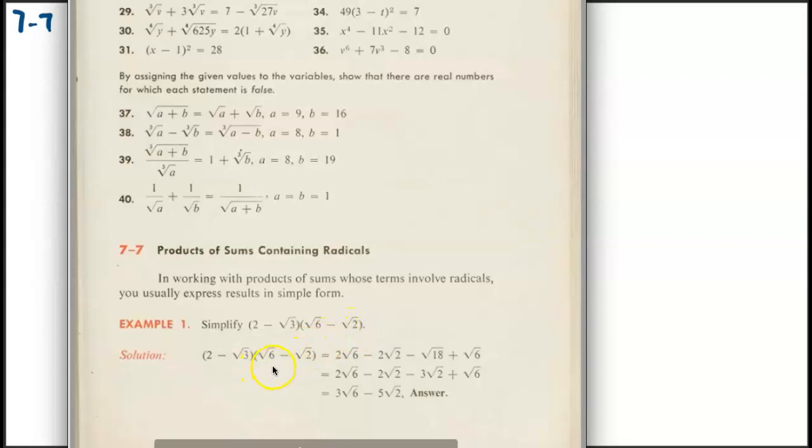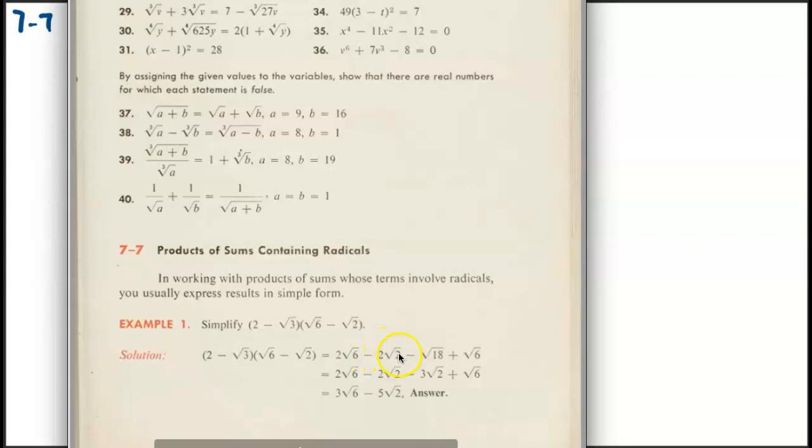All right, so what's going to happen here? Well, notice that they treated this like binomials, right? This first term right here, 2 times square root 6, is the first times the first. Now this minus 2 square root 2 is the first times the last, so this minus sign comes with it. This 2 over here is positive, so this is a positive times a negative, so it turns out negative 2